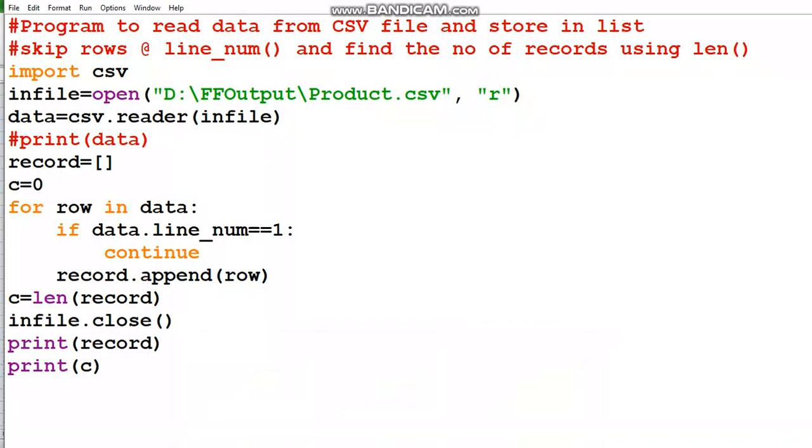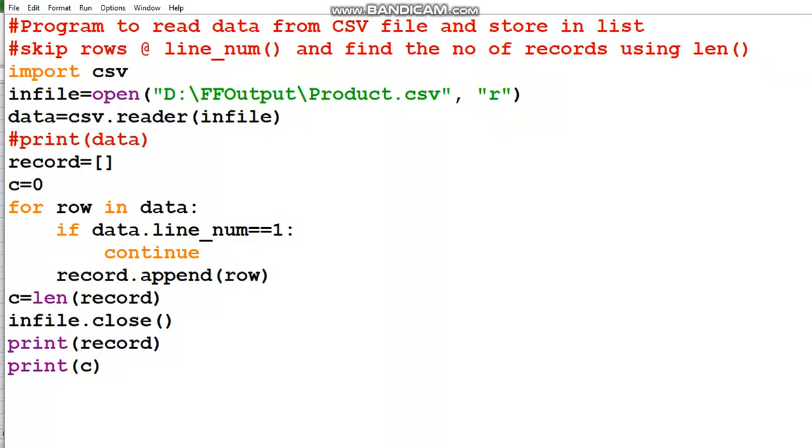So data dot line underscore num, this is an inbuilt attribute, is equal to 1, then continue. That means the loop will go for the next iteration without doing the below activities. When continue runs, it will skip all the other statements of the loop and go for the next iteration. Next iteration means the next record will be read into the row variable.